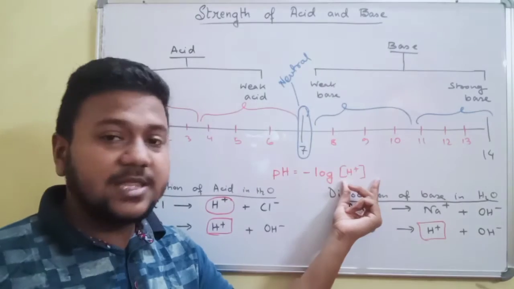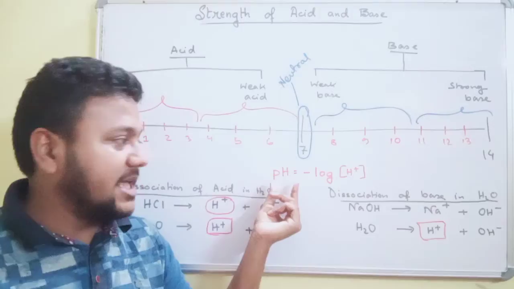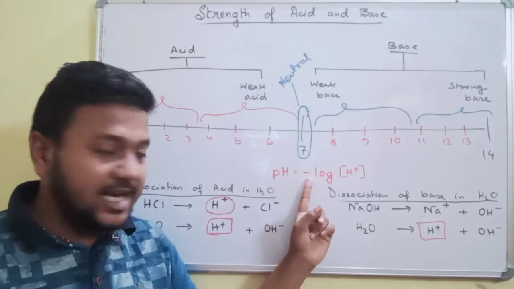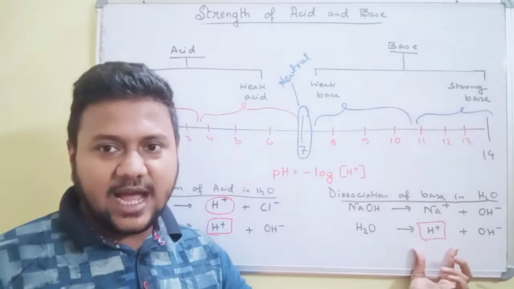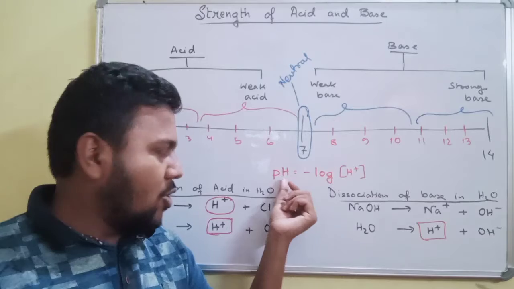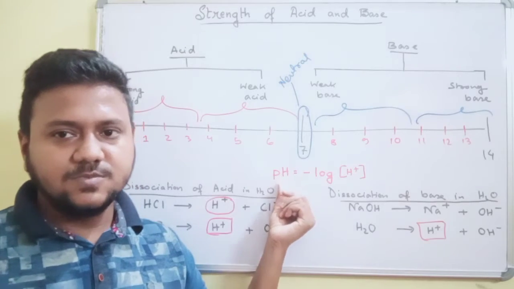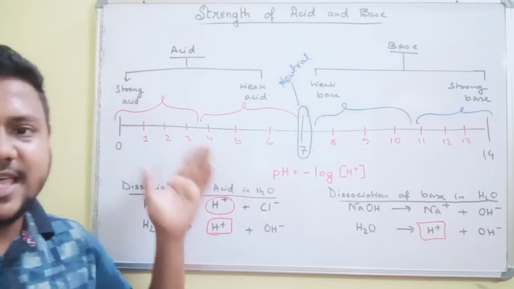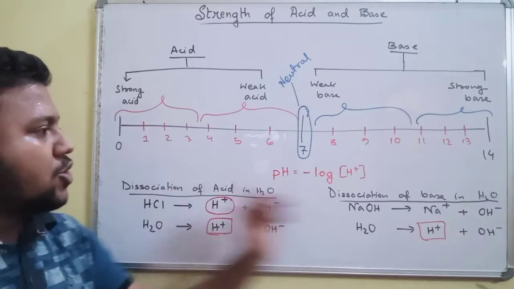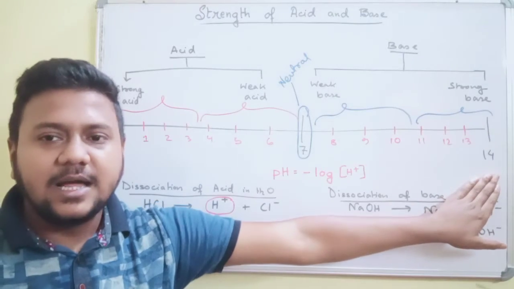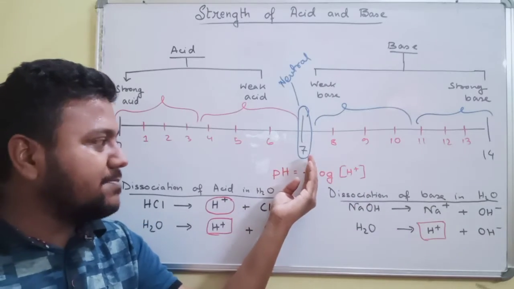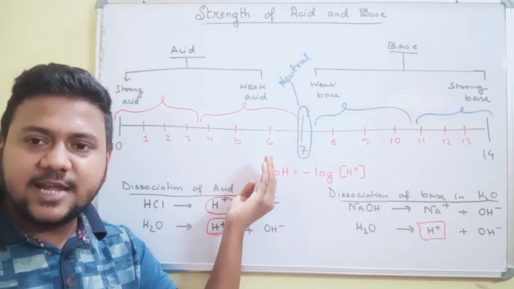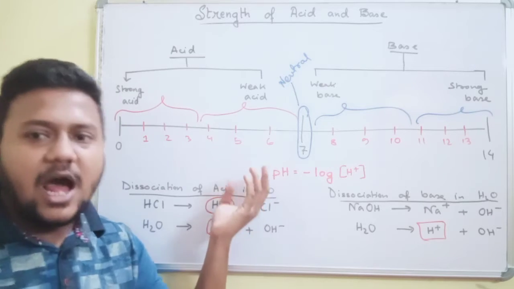So the more the hydrogen ion concentration, the less the pH value because of the negative sign, and the less the hydrogen ion concentration, the more the pH value. Accordingly, the pH scale ranges from 0 to 14. Clear? Now the substances that have a pH below 7 are termed as